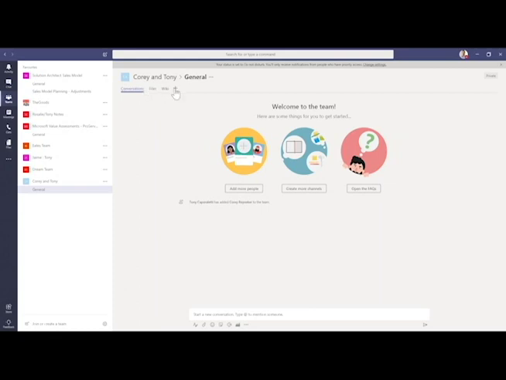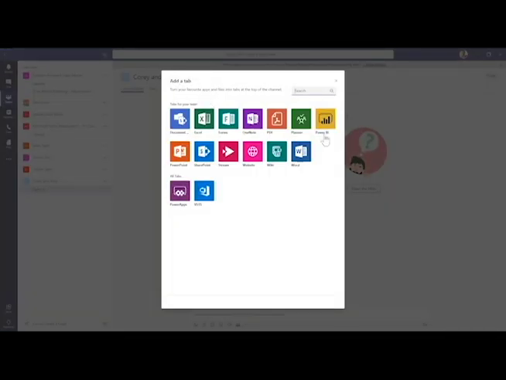One thing I wanted to show here too, I don't want to dig in too much of this, but there's the ability to create and add different tabs to your teams, which is really the power of this application. And let's say here for an example, you have an Excel spreadsheet that you use between a different group of people that you frequently access. You're able to add it here as a tab, which is very handy.